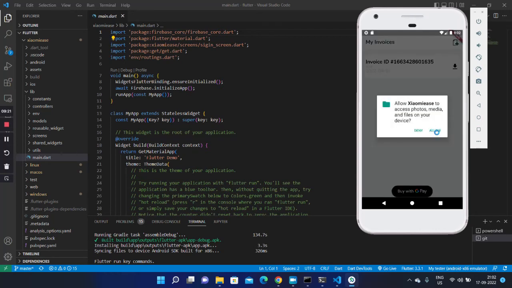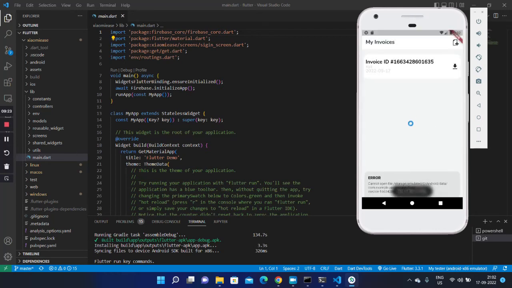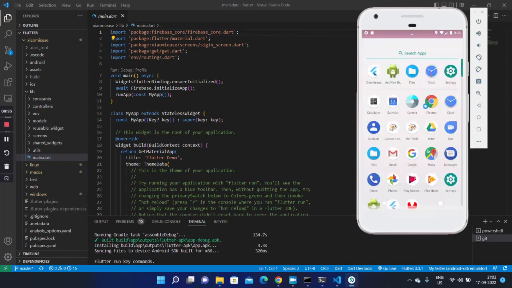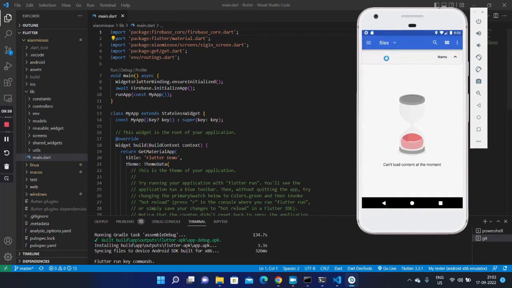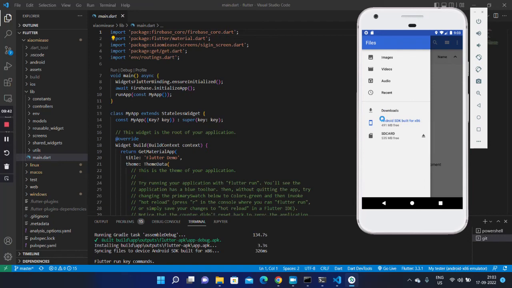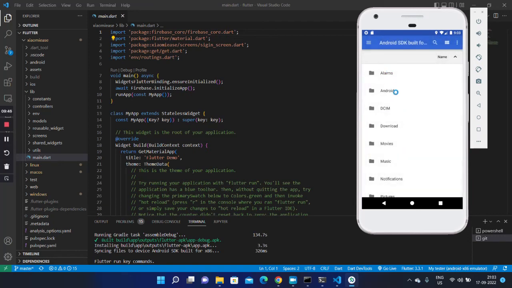I am going to download this PDF, but currently it is showing an error because the specified path for downloading the PDF is not created. So I'm going to create the path. To create the path, I'm going to move to the Android SDK build section. In the Android section,